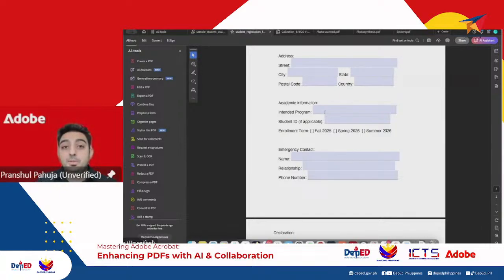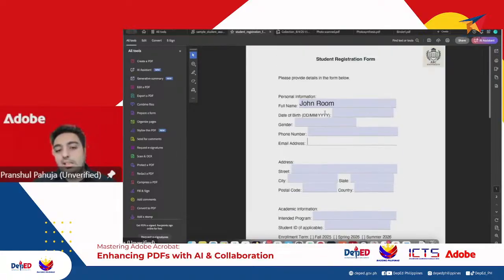I know forms is something you would probably be using in day-to-day scenarios. You might be someone creating the forms, or someone filling in the forms. Either way, if you interact with these forms, you can look at the prepare a form capability in your system to create forms. And as I showed you, it takes hardly a couple of seconds. It automatically recognizes the form field boxes, places the form fields for you, automatically names them based on the text on the document, and then this form becomes really accessible, which you can then share across.